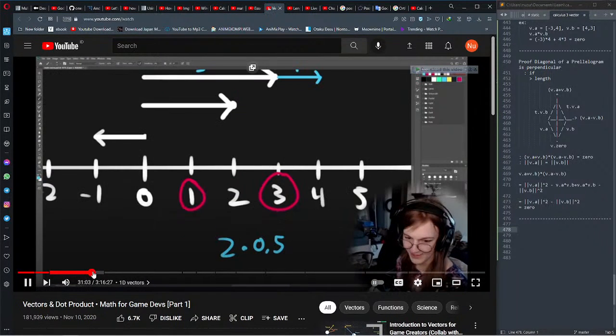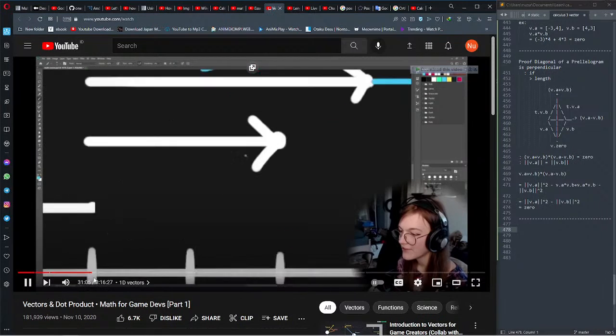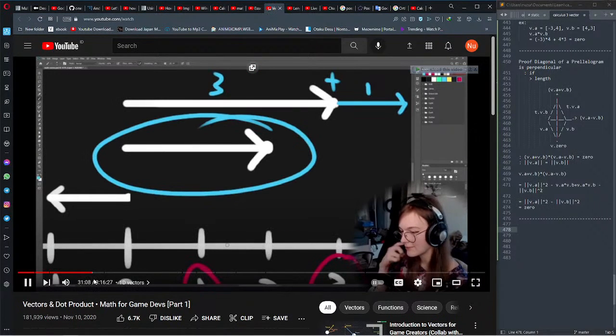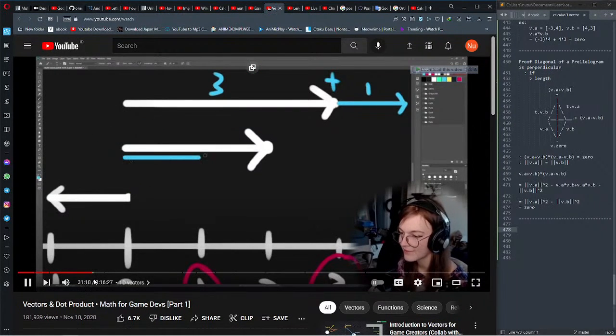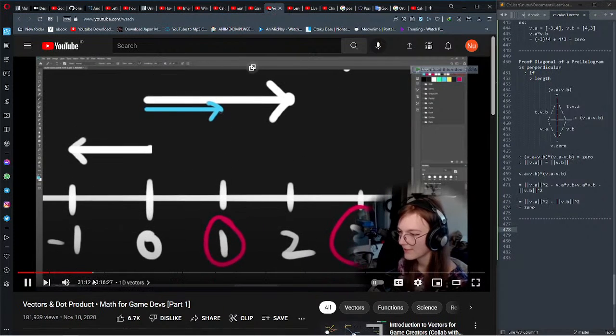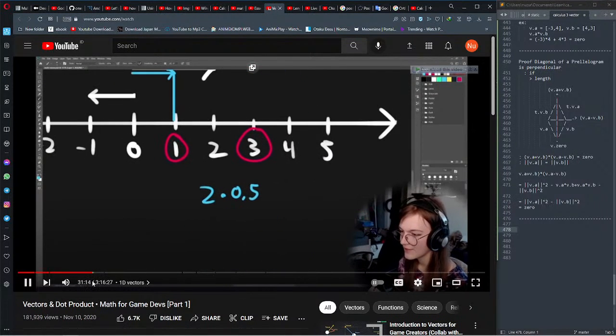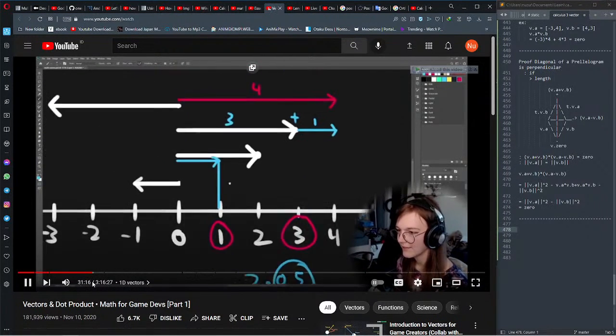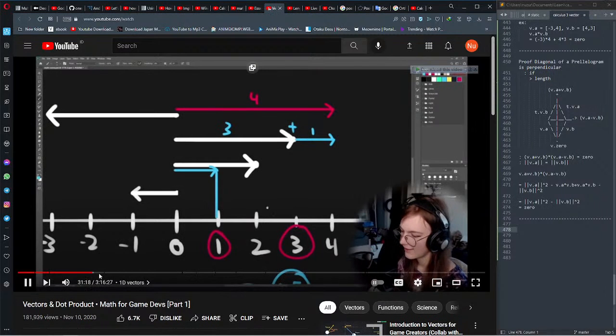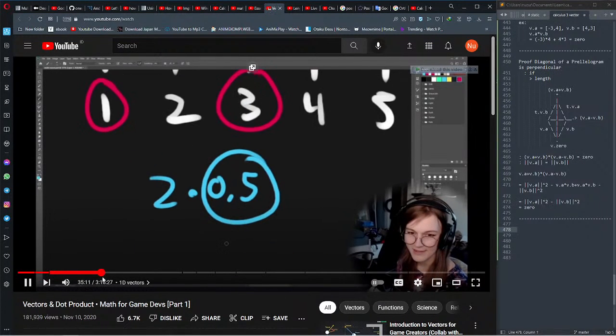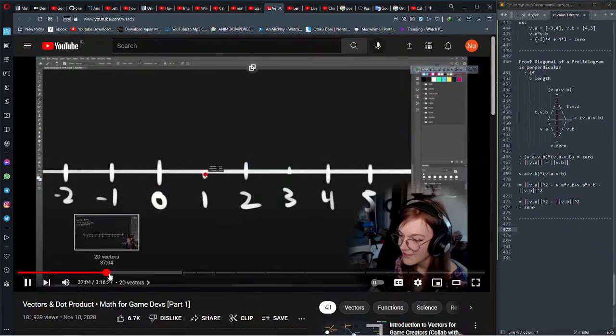Is 50%. So what we're going to do if we multiply 2 by 0.5 is that it's going to be half as long, right? So that's going to have a value of 1 because 2 multiplied by 0.5 gives us 1. And the same thing is, but as far as